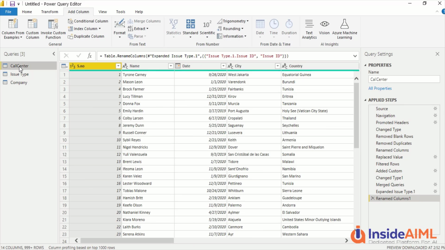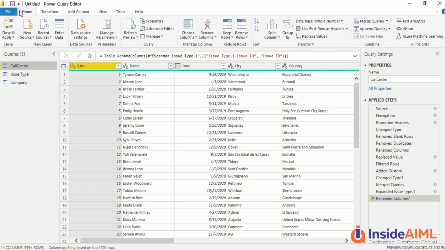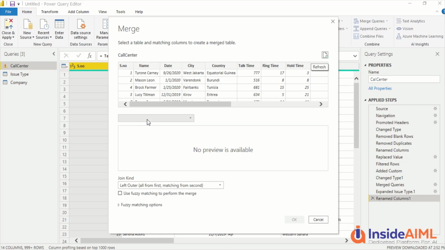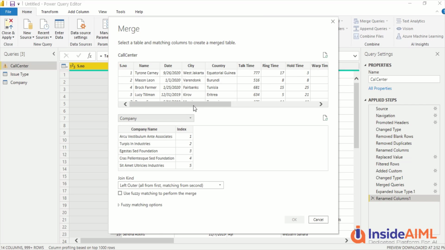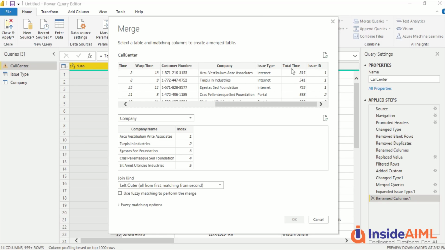Now go to the call center table, go to the home tab and say merge queries, then select company, select company. There is nothing missing out here.